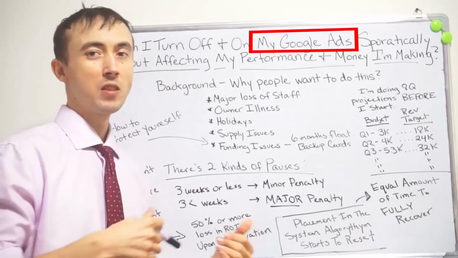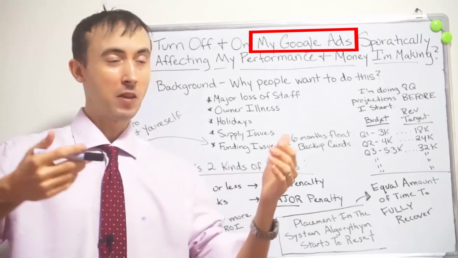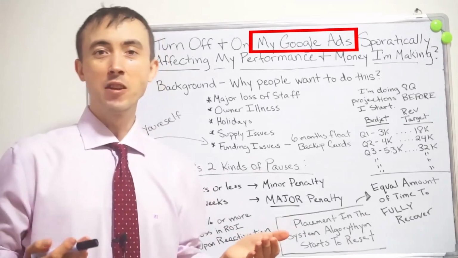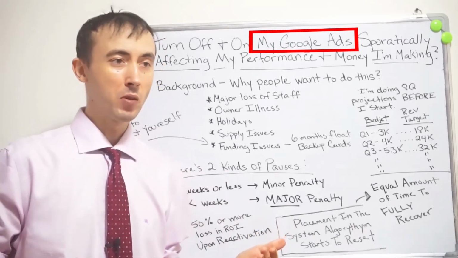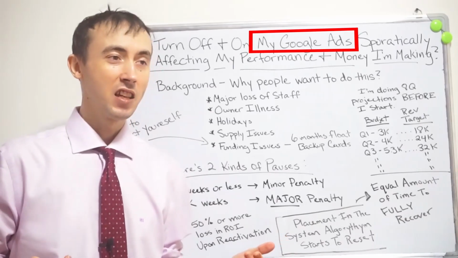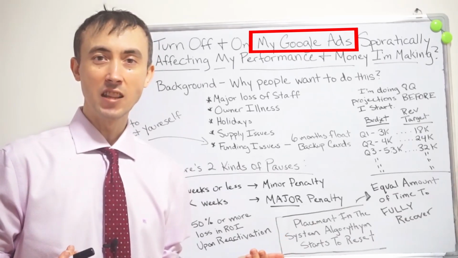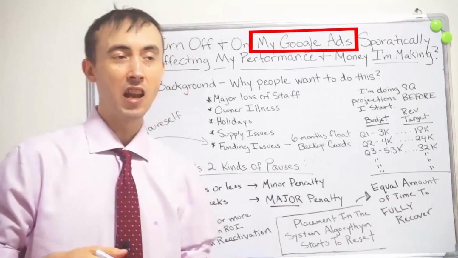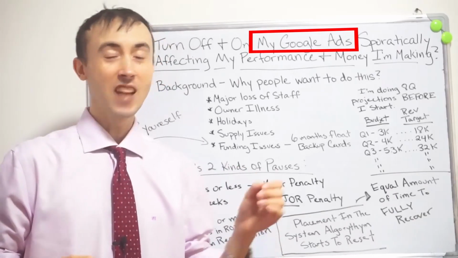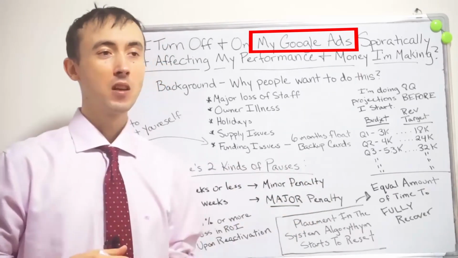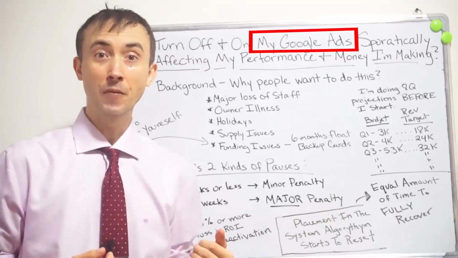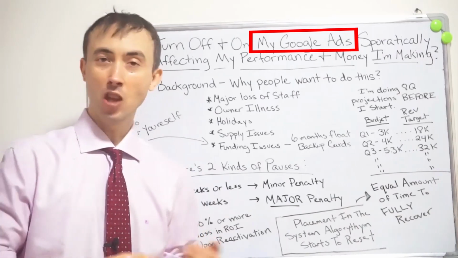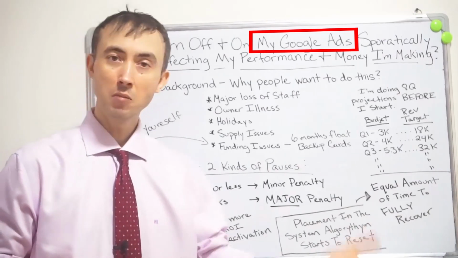So the reason why I made this video is clients have come to me many times, and I always know the topics to make for my videos because people have their own theories about things. They come to me and try to be like, no, Corey, it's this. And I go, no, not quite, or part of it's right. But they shut off their ads for a period of time. Like, let's say they do a major site upgrade, and then we have to shut off the ads for a week. When we turn them on again,